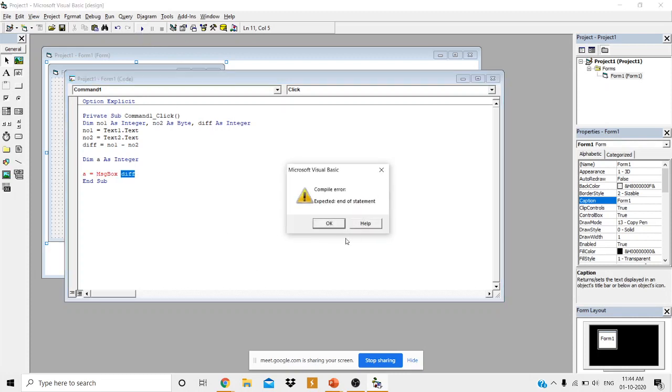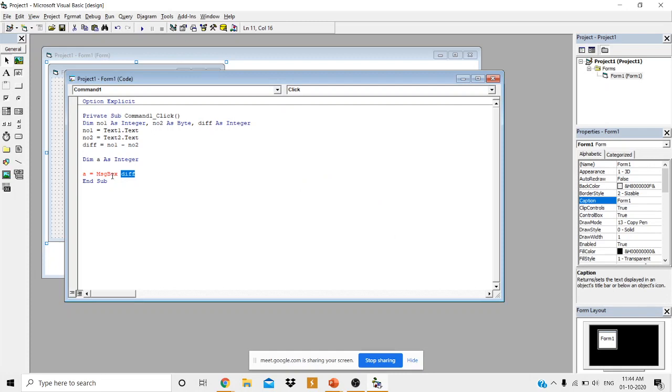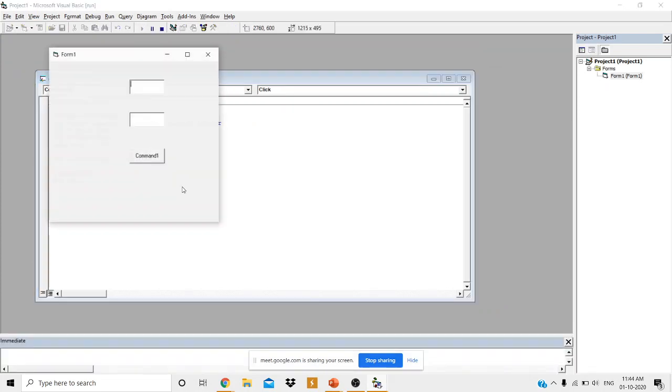You can observe here, expected end of statement. The message box can be used in two ways. One is just to print something in this manner. If you just use this and print, your value will be printed on the message box.